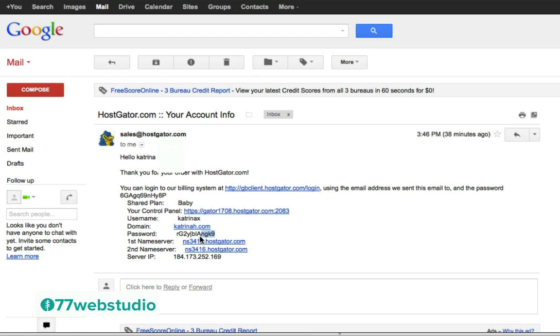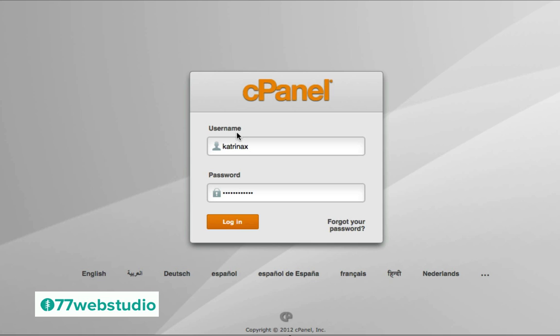So I'm going to copy this temporary password, and to log into your control panel, you'll use this link. So this is a really good email to keep in a safe place for future reference, because you will be needing this information as well as the link to the control panel to log into your HostGator web hosting account.